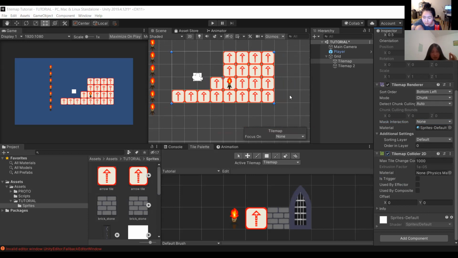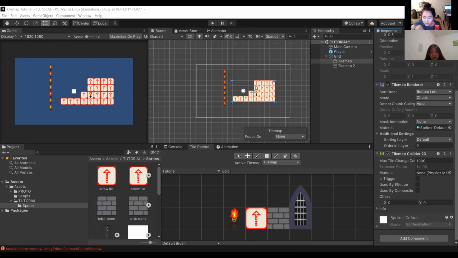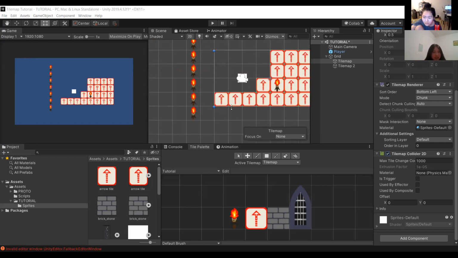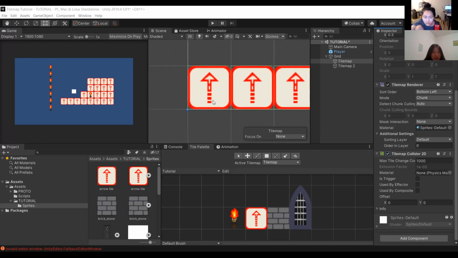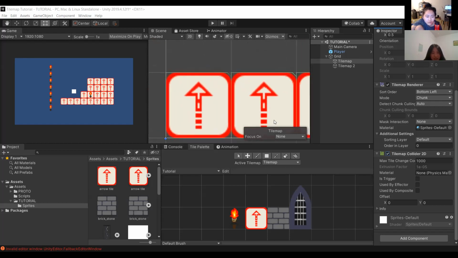Okay, cool. So this is a very naive way of implementing a tile map. Why I say this is, let's say, again, you have a tile map that is thousands upon thousands of tiles large. You have 10,000 tiles in that tile map. If every single one of those tiles has a tiny little collider on it.